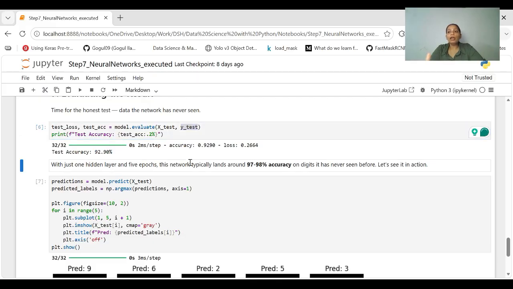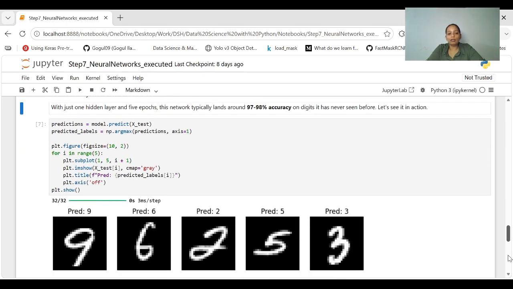If you see here, we have used only one hidden layer, but if you increase the number of hidden layers in this situation, then accuracy might increase to 97 to 98%. This is a Jupyter notebook I have uploaded on my GitHub. You can download it from there and try various possibilities by increasing the epochs, the number of parameters, and the number of hidden layers, and play with this dataset. This is the basic dataset, and once you understand the concept, then move on to the next dataset.